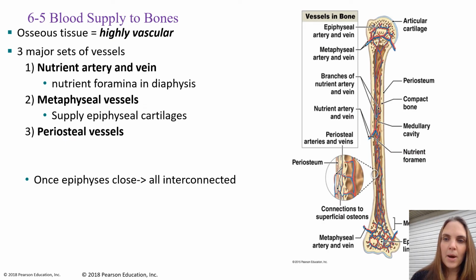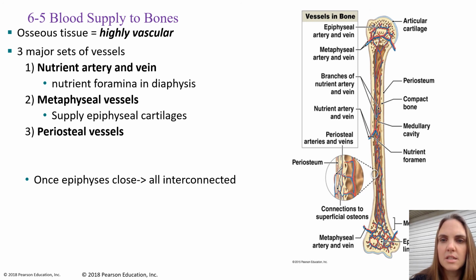A little bit more about bony tissue and bones. For our bone to grow and be maintained, we do need an extensive vascular supply, and because of this, osseous tissue is highly vascular. We usually see 3 major sets of vessels in larger bones, and these include the nutrient artery and vein. Most bones have only one, but a few, like the femur, might have more. And these vessels enter the bone through a round passageway or hole called a nutrient foramina found within the diaphysis,